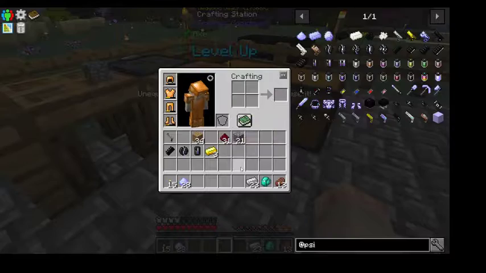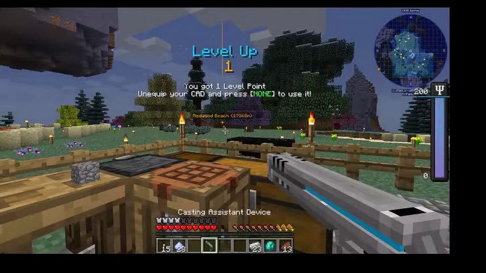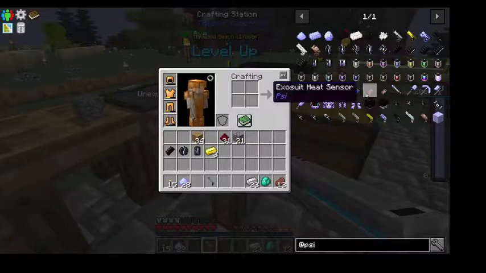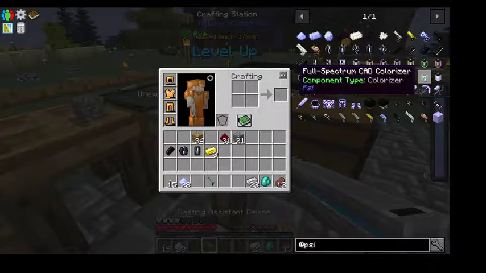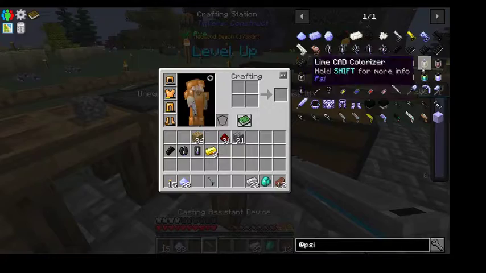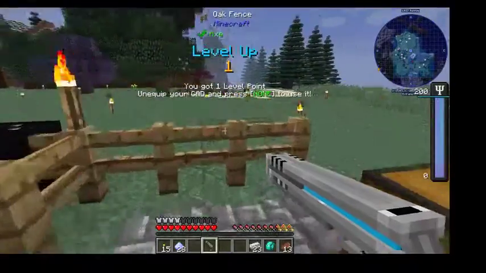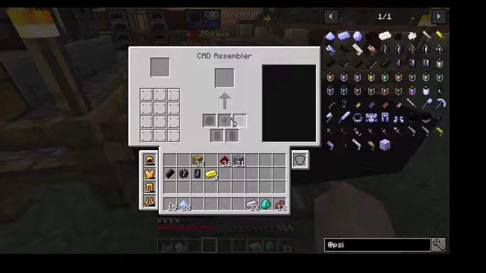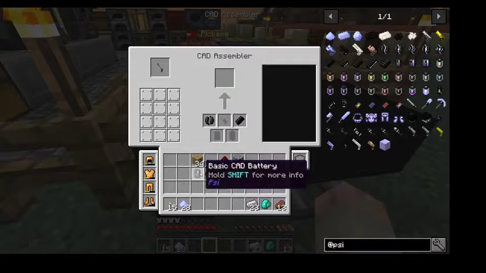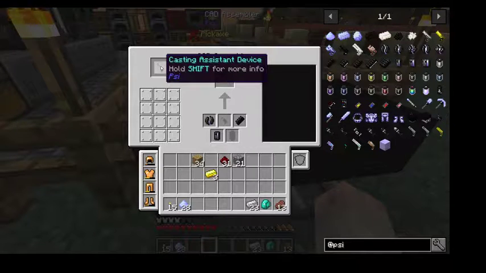Let me put this back in my hand. All it does is color the blue stripe that's on there. You can color it whatever you want, including... where is it? Full spectrum colorizer. It cycles through the different rainbow. So, what you do with these components, you put your CAD in here. Colorizer here. But the problem is,